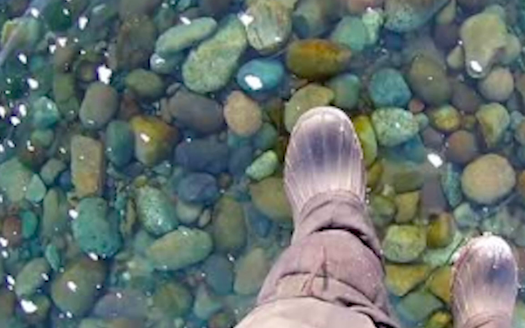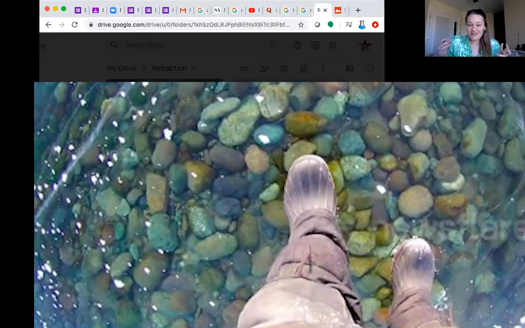So right here, there's this guy standing on the ice, and it looks like it's maybe 3 feet down when it's thousands and thousands of feet down. And this is all refraction at play. If you want to watch the video of this guy walking on this frozen lake, I'm going to have it linked at the very end of this video.